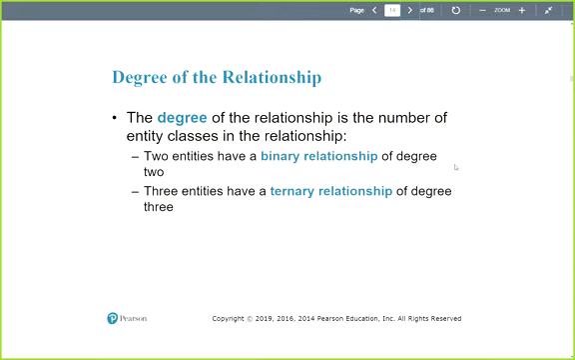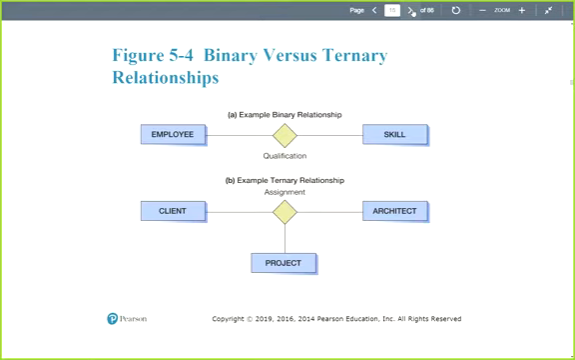Because why? Because the database management systems we have now commercially can only implement binary relationships. No database can implement a ternary relationship. So if you have a ternary design, you have to somehow come up with a different way of describing or converting the conceptual design into physical design. So once you have entities and relationships and the degree of relationship, now we can start building the ER